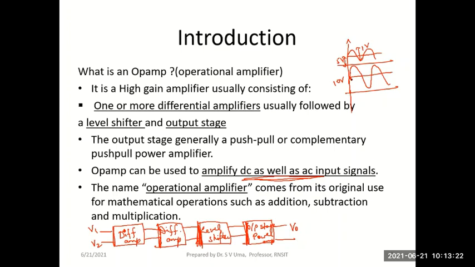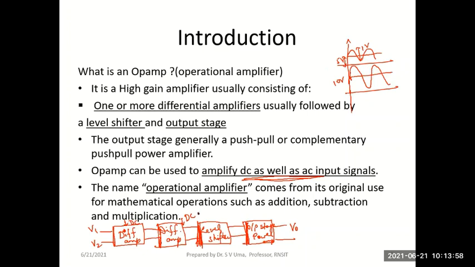Then what happens? What would be the problem? Remember, every active device will have a maximum limit for output voltage, and that limit is set by the DC voltage which we use in the circuit. Remember, there will be DC voltages used by the transistors in these amplifiers, and those transistors will move off to saturation if that output voltage is above the DC voltage level.